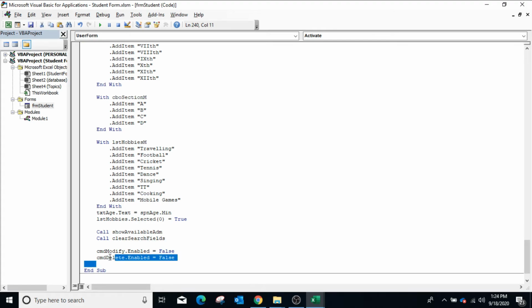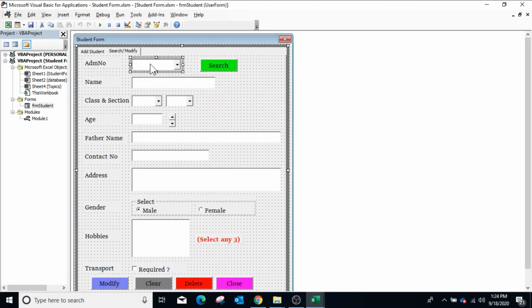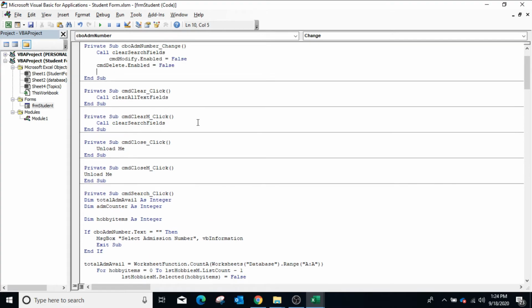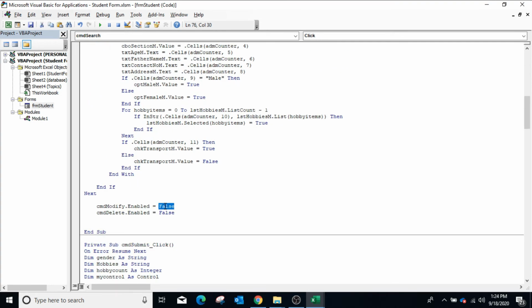Now copy the same line in the change event of the admission number combo box. Now we will enable the modify and delete button when user click on the search button. So in the click event of the search button, make the enable property true for both the command buttons.